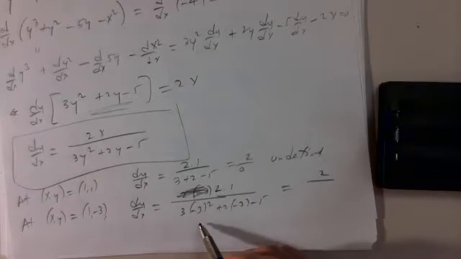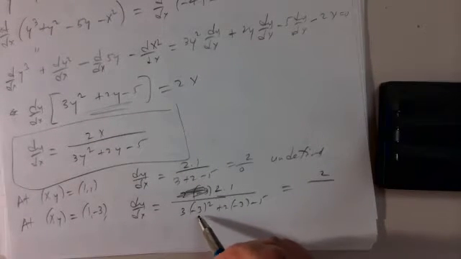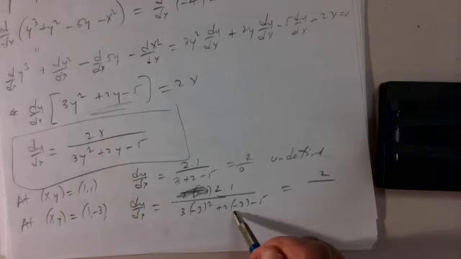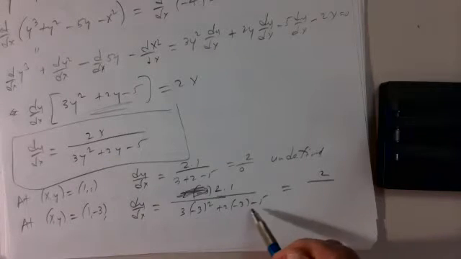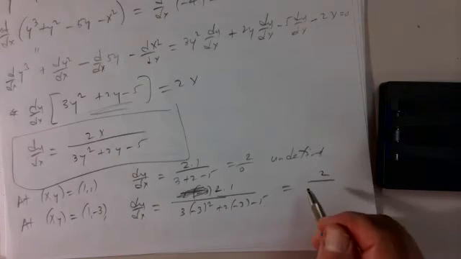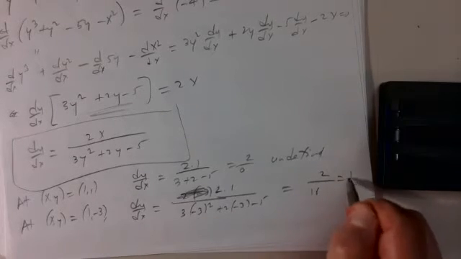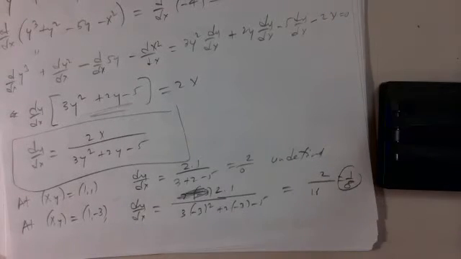That's 2 over, this is 3 times 9 is 27, minus 6 minus 5, 27 minus 11 is 16, is an eighth. So